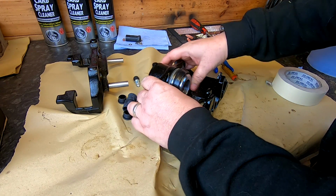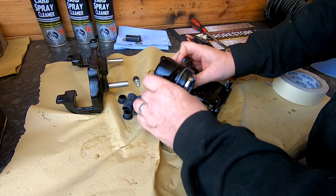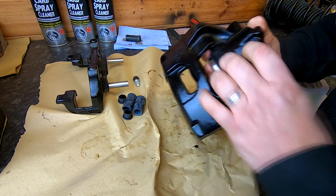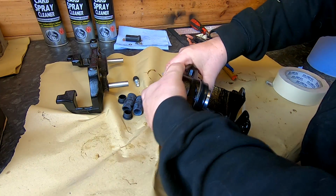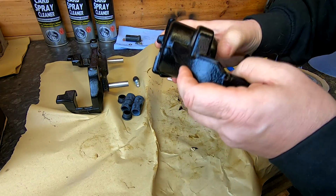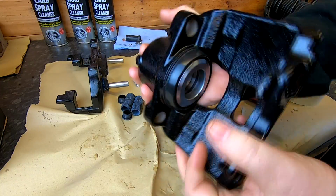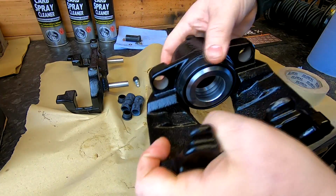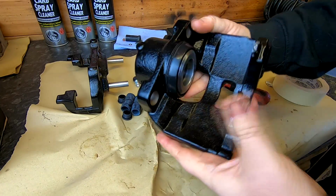And once you get that far, you obviously want to get your seal back in around the outside. So make sure the bottom bit's on first, as you can see there, look. Because this is going to be quite hard to push on. There we go, just push that back home there. Just ensure it's on all the way around first of all. But as you can see, that's completely in now. That can be a problem to get that on, but we're all on now, as you can see, all the way around. And that basically is our caliper